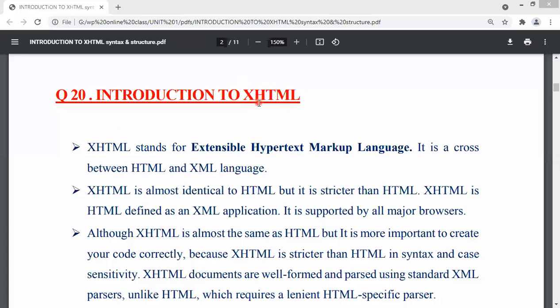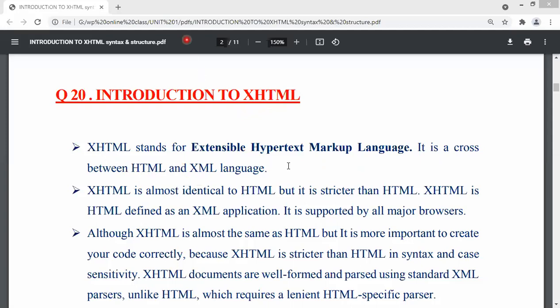Just like you learn C programming and then you learn Java, the rules of C act as a base, whereas Java acts as a higher version, and some syntax and semantics change in Java. Similarly, in XHTML, we take HTML as a base and then we apply new rules to those HTML tags, right? XHTML stands for Extensible Hypertext Markup Language. It is a combination of both HTML and XML.